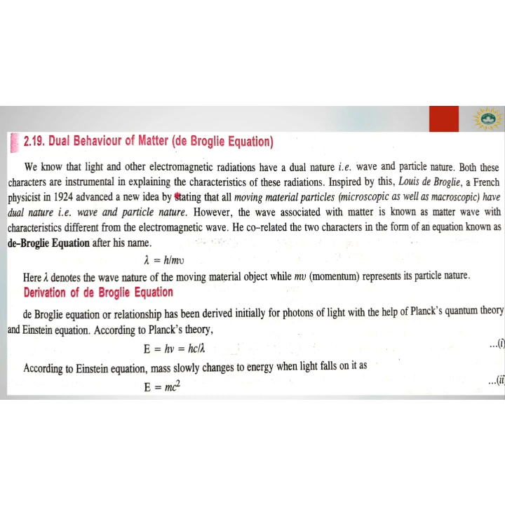We know that light and other electromagnetic radiations have dual nature, that is both wave nature and particle nature. We already studied this. Both these characteristics are instrumental in explaining the characteristics of these radiations. De Broglie, a French physicist, gave the idea that all moving material particles have dual nature,